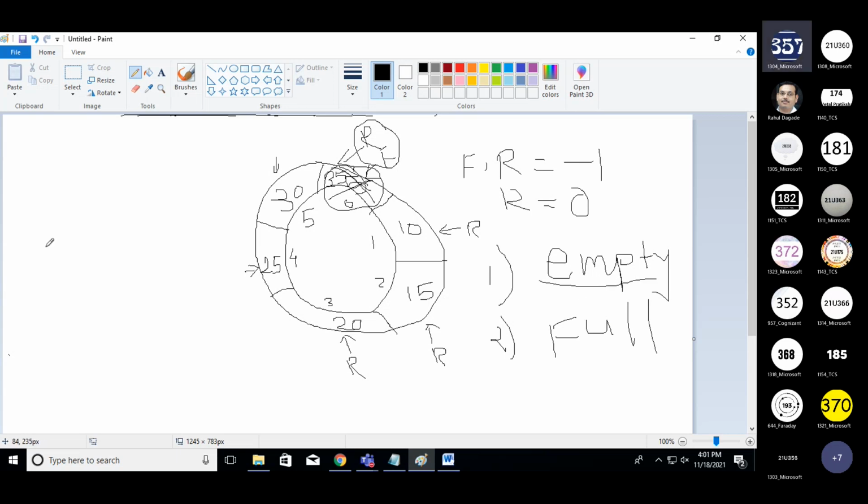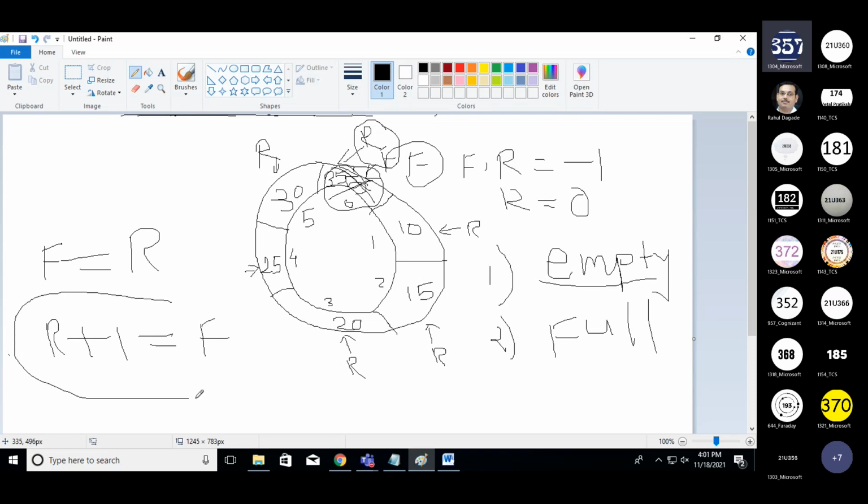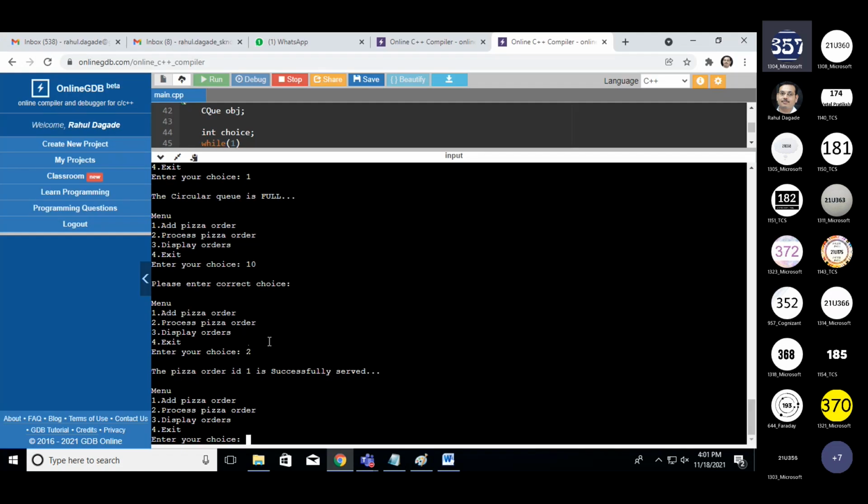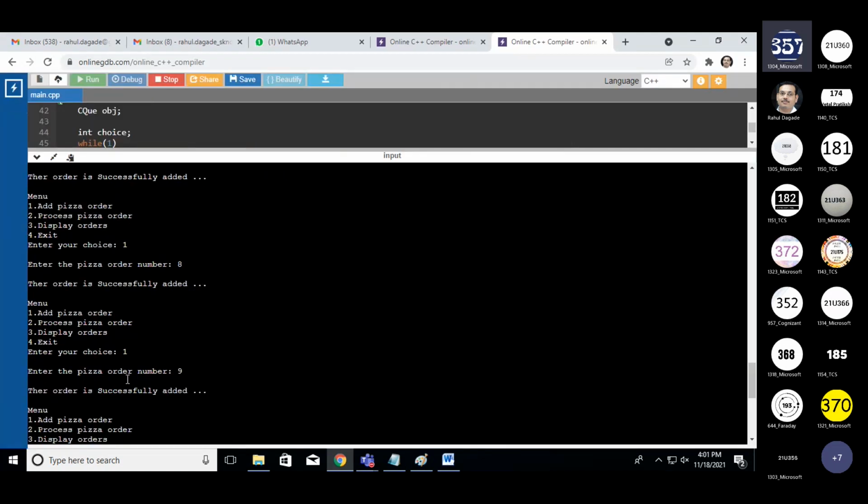What is the condition for empty? When front is equal to rear, then it is empty. And what is the condition for full? When rear plus 1 is equal to front, then it is full. Getting the point? This is rear and this is front here. If I do rear plus 1 equal to front, that means I come to the front location, then it is full. So that's why we will not be able to utilize this place. If we utilize it, then our entire queue will become empty. All right, so that is the case. You got it? So we have successfully implemented a